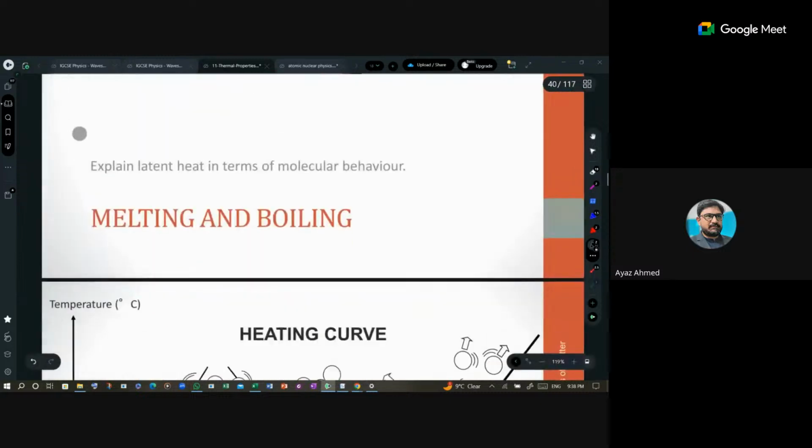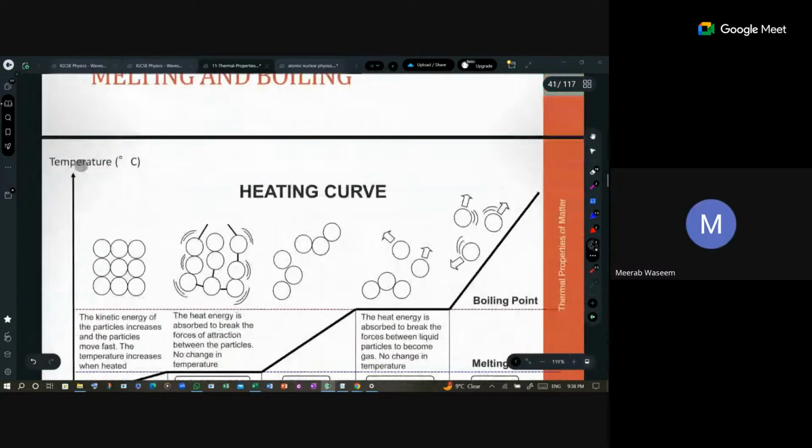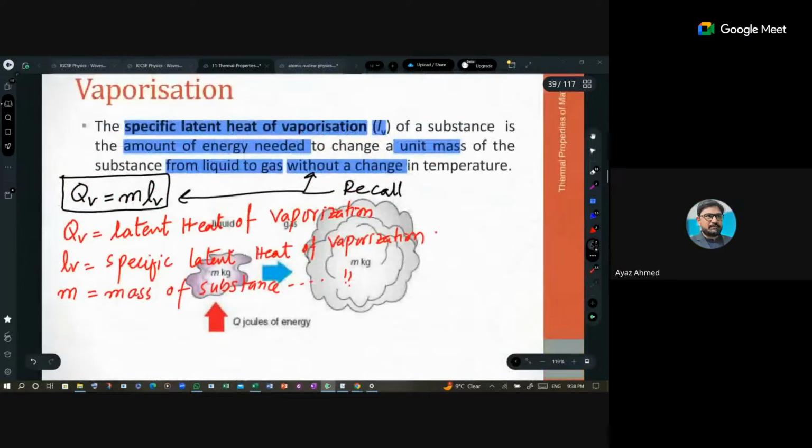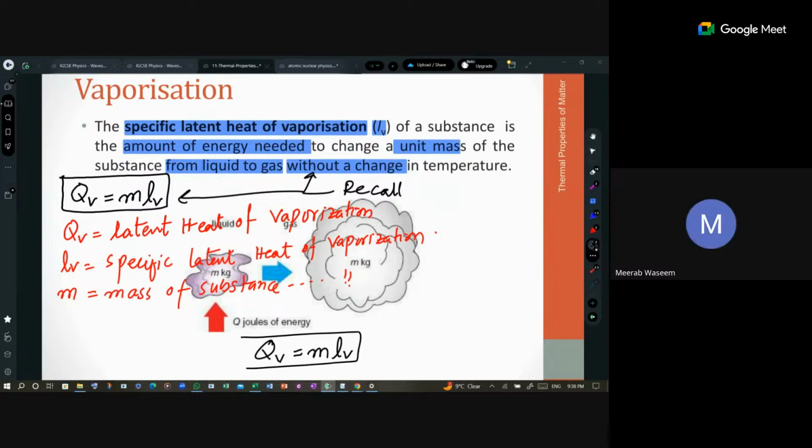Now let's talk about melting and boiling. Sorry, एक से मुझे बस QV वाला फॉर्मूला लिखना है. लिखो लिखो लिखो, कोई मसला नहीं। तुम्हें टाइम तो देना पड़ेगा ना मेरे बेटे। नहीं सर. ओके सर, थैंक यू. डन।